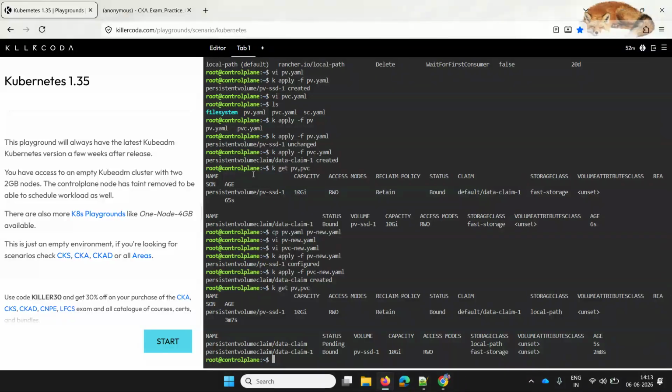Now, if you see that persistent volume claim, one is bound, and okay, let me do one thing.